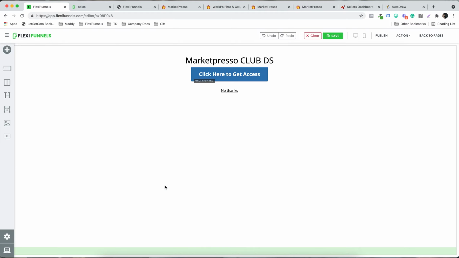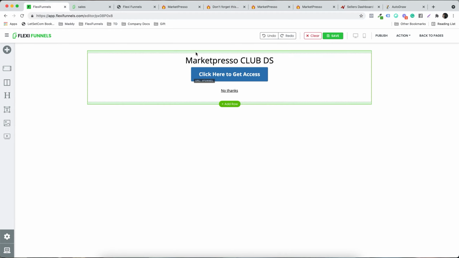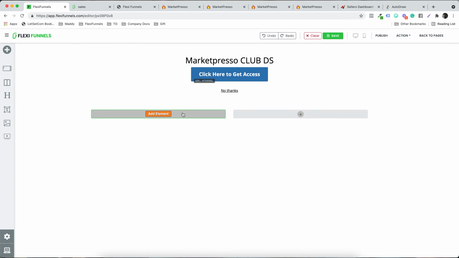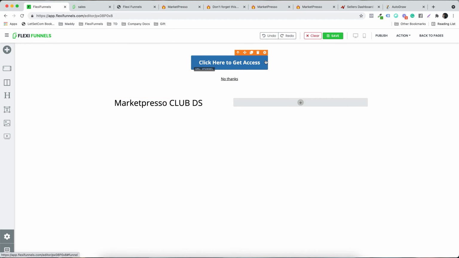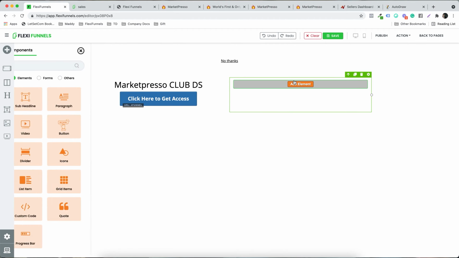Instead of one button, you're going to have a couple of buttons. So let's suppose I'm gonna add a row, and instead of one row I'm going to have two rows. This particular button I'm gonna put over here. So now I have this, and